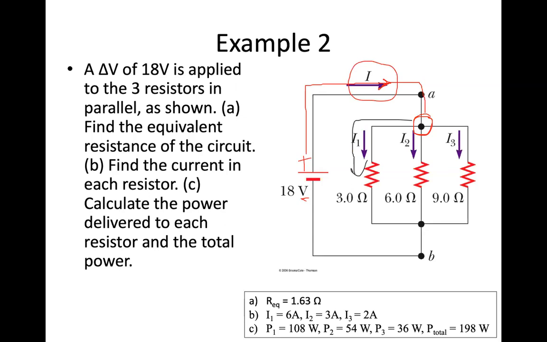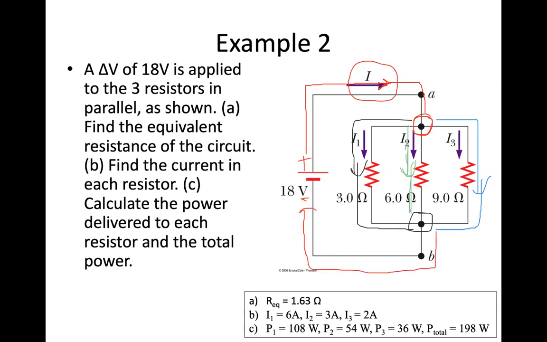Some of the water is going to flow through the 6 ohm resistor, and some of the water is going to flow through the 9 ohm resistor. Keep flowing this way. This current has one pipe to go through this way. This current has one pipe to flow through this way. And then they all come together again and flow back